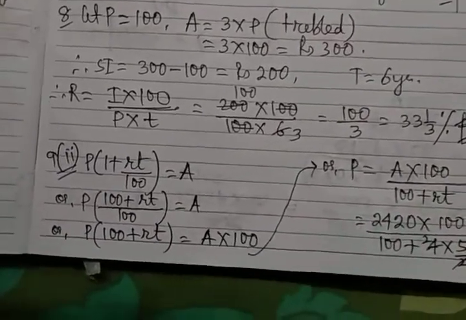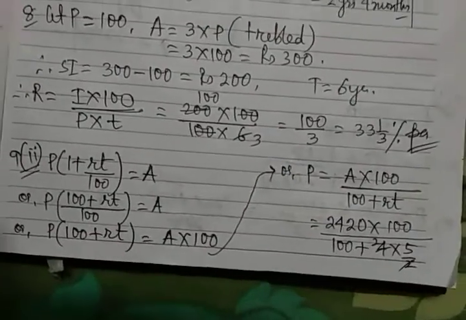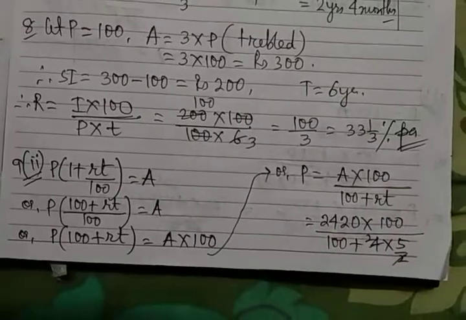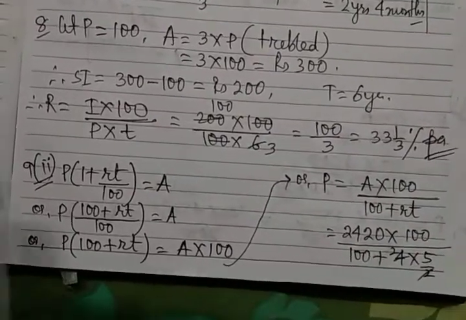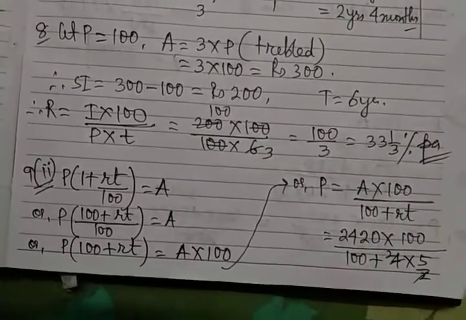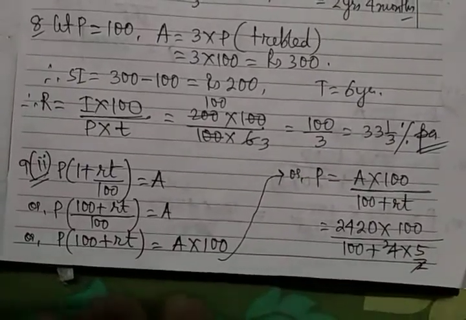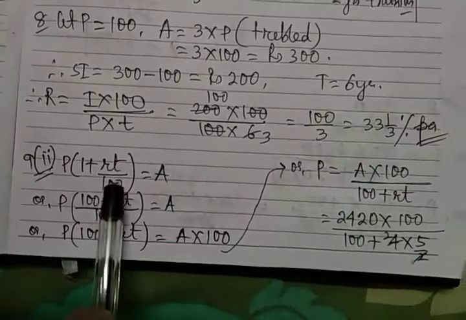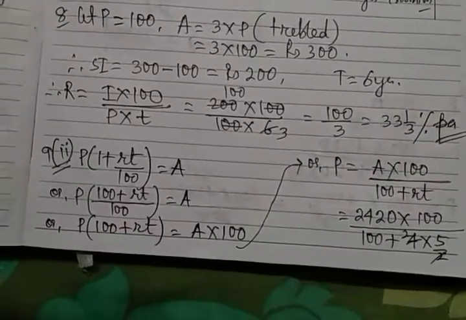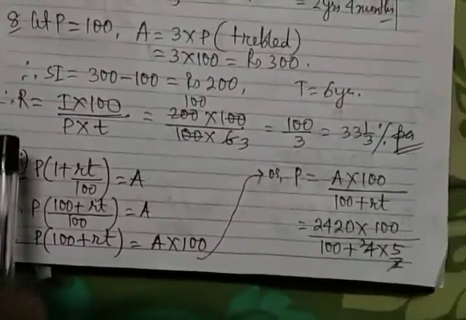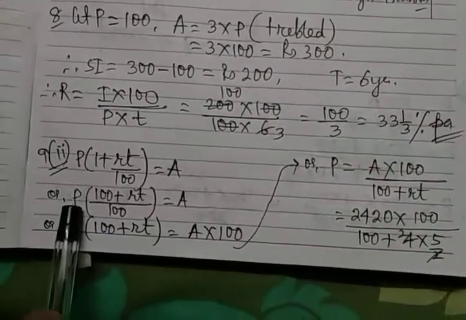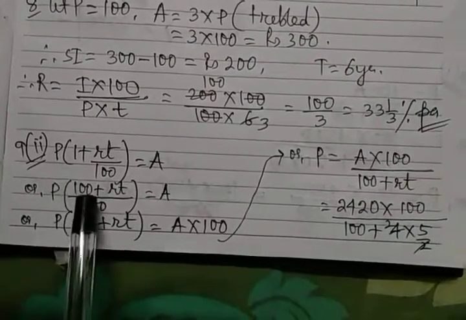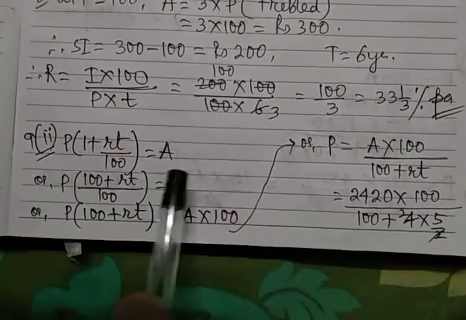Now in the previous classes you must have seen I have discussed the direct formula, that means the formula connecting the amount and the principal. When you add the principal plus the interest, and then take P common, you get this formula, P into 1 plus RT by 100 is equal to A. So principal plus interest, then you take P common, and when you take LCM you get 100 plus RT by 100 equal to A.